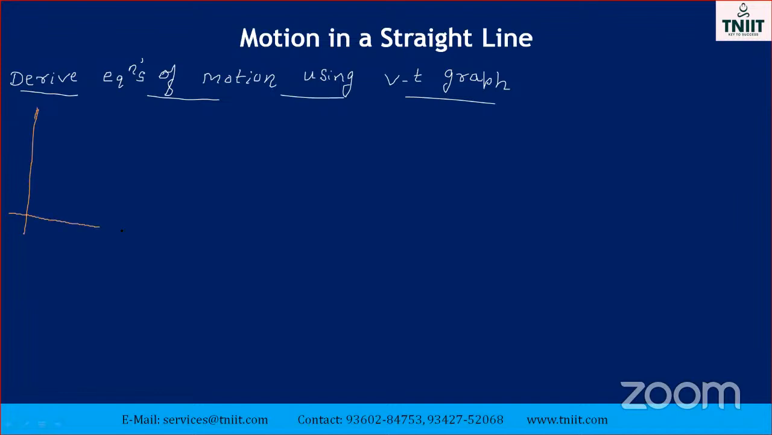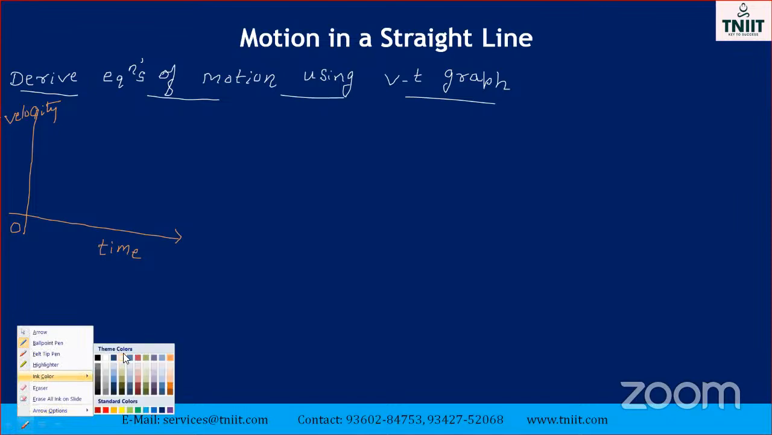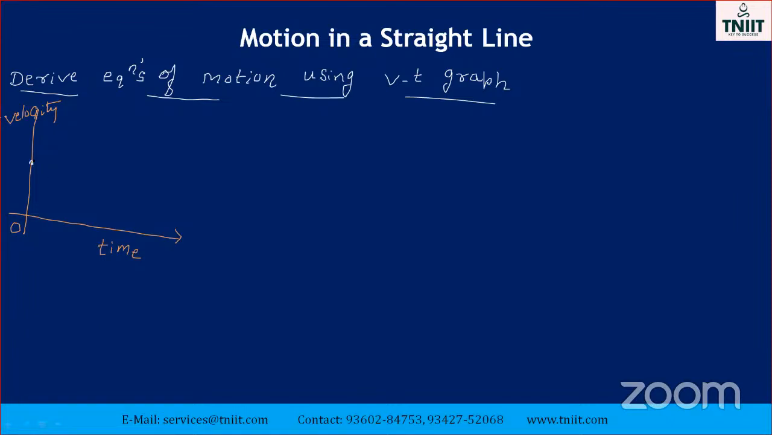I'll consider the y-axis and the x-axis. The x-axis is taken as time. Along the y-axis, we have taken velocity. This is the origin. Now, let us say the particle is moving with initial velocity from the point A. So what is the initial velocity? U. Now, allow the particle to move with a uniform acceleration